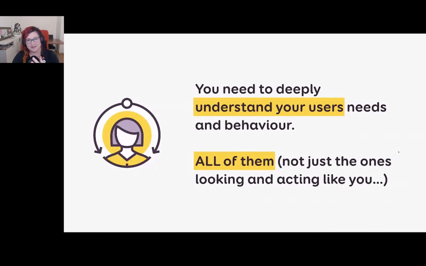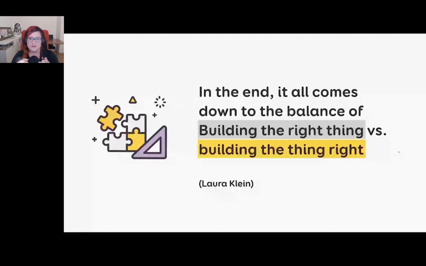Building the thing right was the first part of the talk. It's about making sure you don't forget about different processes, different cases, different states, what happens with data connection and errors and things like that, things that we usually dismiss as edge cases. Building the right thing is about building something that is based on a true and deep understanding of real user needs, real user goals, and designing products and services with those needs in mind.